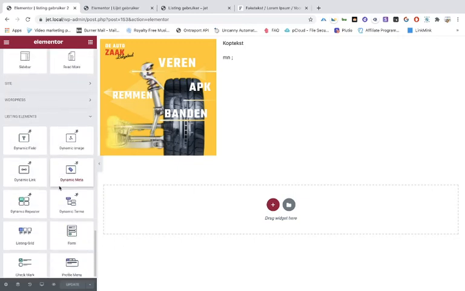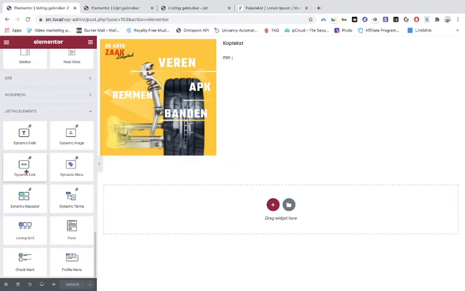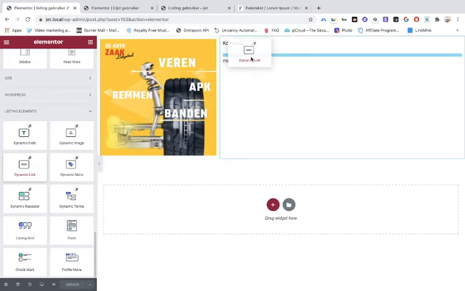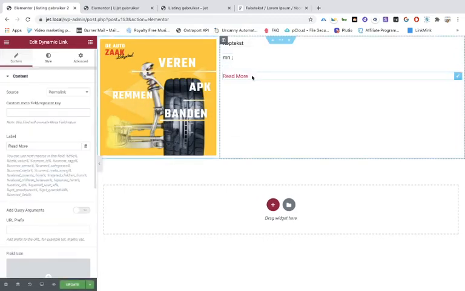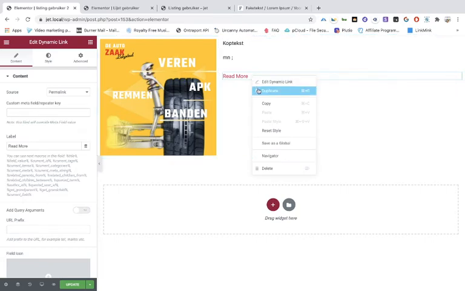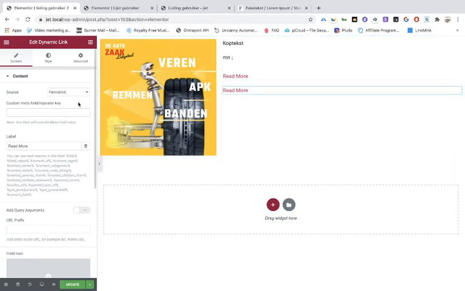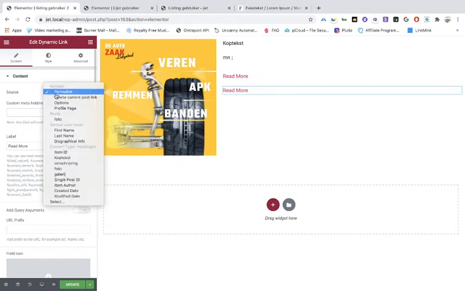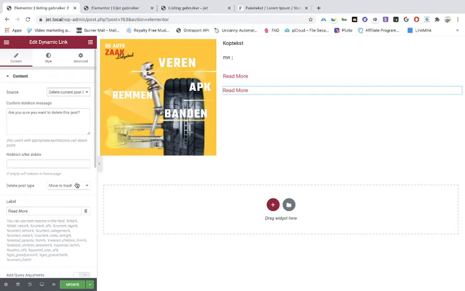So we scroll down and go to the dynamic link, put it in here and then duplicate it, and then you go to the source. The first one is for deleting the posts. So delete current post link,